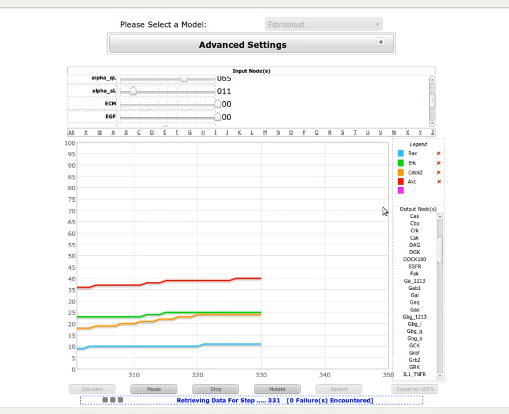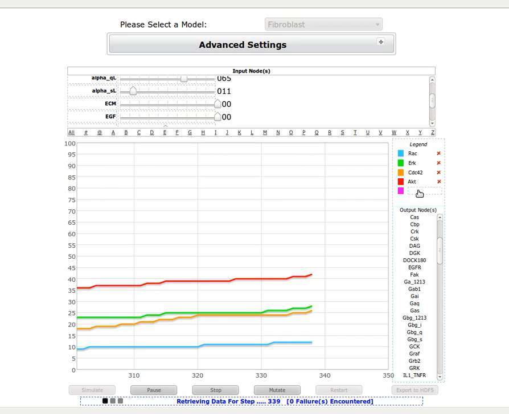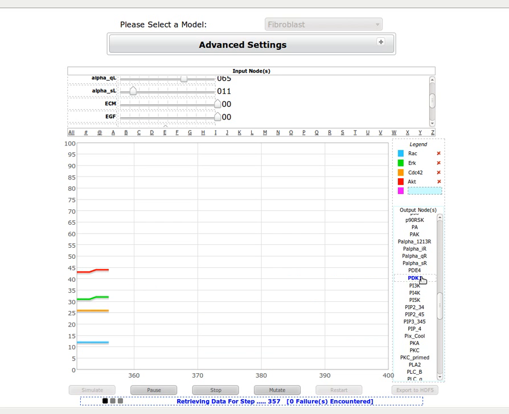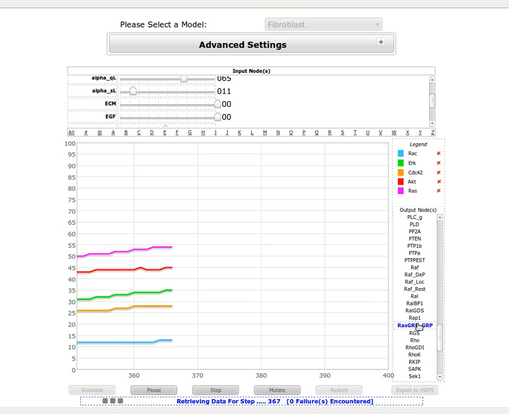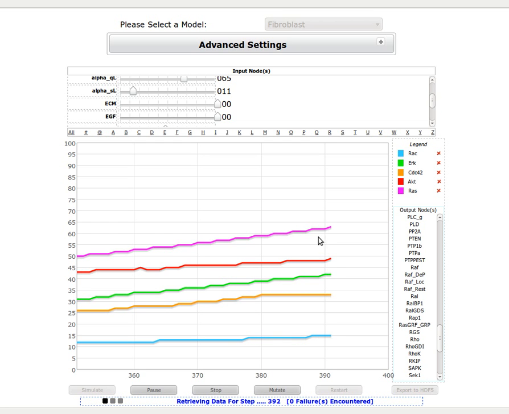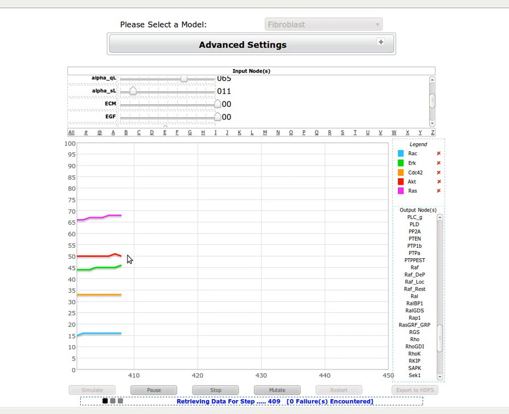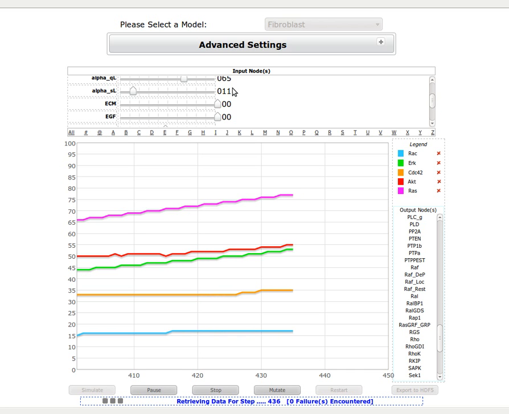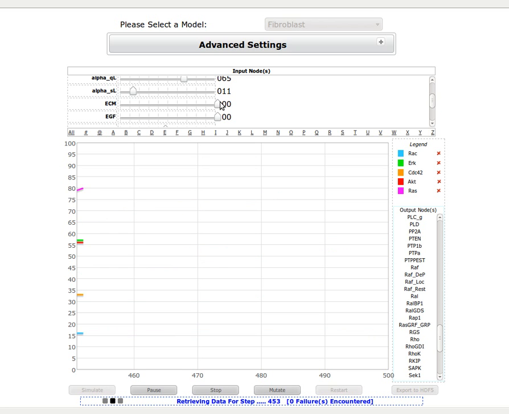And now I am simulating gain of function on RAS, and so we will add RAS as one of the species in the graph, and you can see in purple RAS is climbing higher and higher, and it will eventually reach 100%. And you can also see that the activity levels of all of the other species have been increasing, and specifically in terms of ERK and AKT,